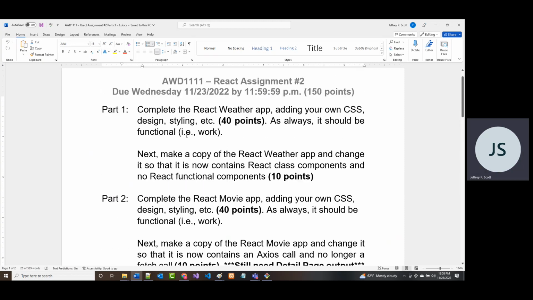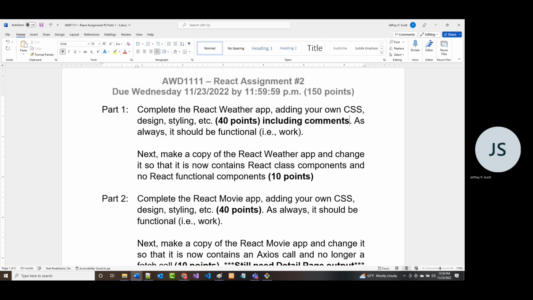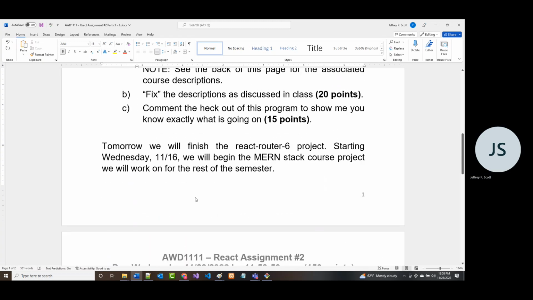And I will tell you that some of these 40 points in here, I'm just going to add this right now so you see it. And I'll say, including comments, because I want you to be able to show me that you understood in these class component files what was going on. All right. So again, if you don't, go back and watch this video again. All right. And again, this article, this React Router 6,